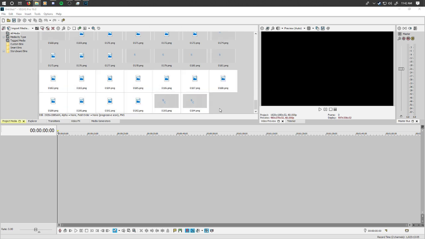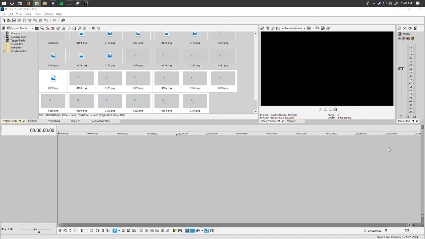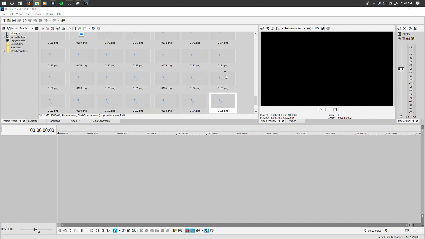Oh, I feel your pain. Wait. Oh. What? Okay. Well, frame 188 for some reason is glitched in Windows Explorer.